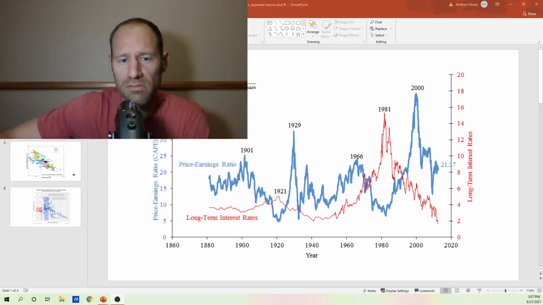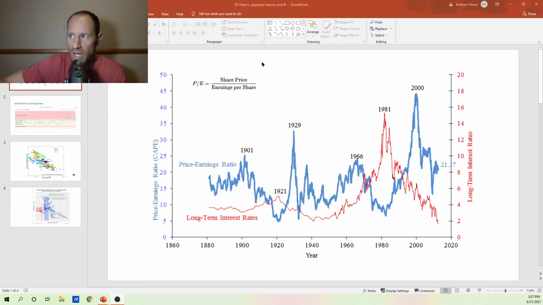I'll jump in here and get into it. So the PE ratio right here is the share price divided by the earnings per share. It's what multiple you're having to pay for the price of that stock. So if you're buying a stock at a certain price, that price is given to its earnings. You're paying a multiple for it. In certain market conditions, investors are willing to pay higher multiples than in other market conditions. And the interest rates are what determine those market conditions.